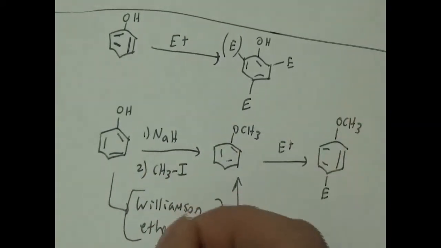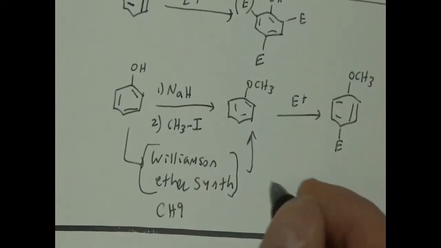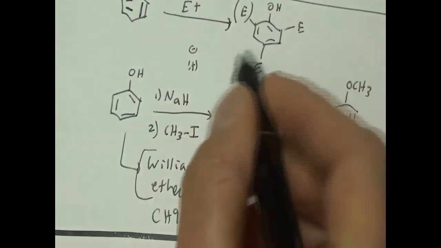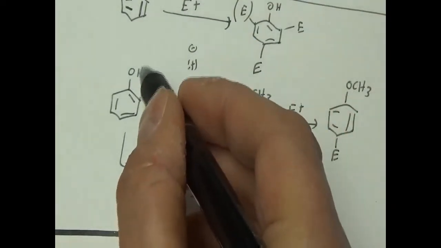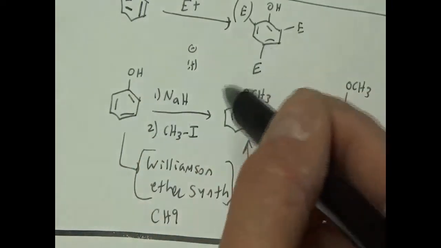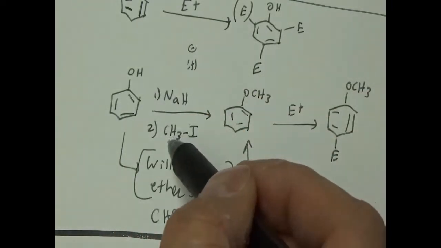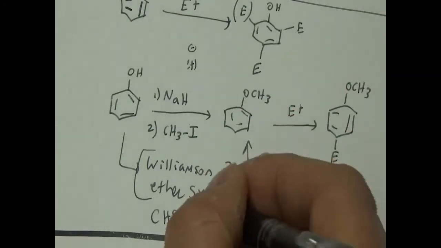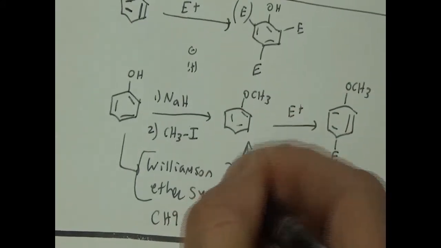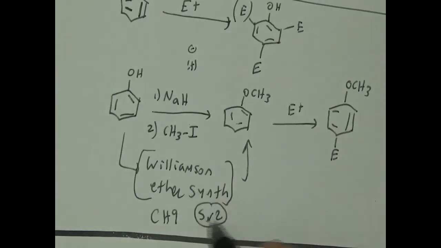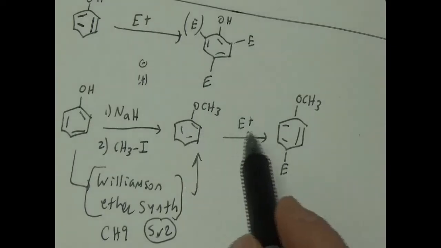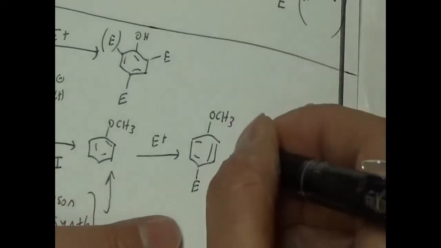It's a chapter 9 reaction. You might want to review this. It's really easy though. Base NaH, it's like H minus, right? H minus takes proton, puts electrons on oxygen, makes it O minus, and the O minus attacks the carbon in an SN2 reaction. So this is an SN2 reaction. The Williamson ether synthesis is an SN2 reaction to make ethers. Okay. All right. So we attach the electrophile, and now